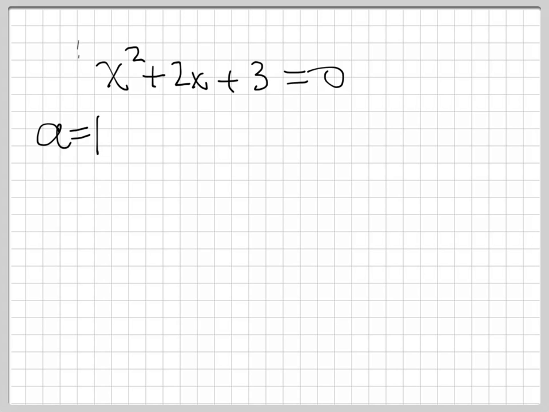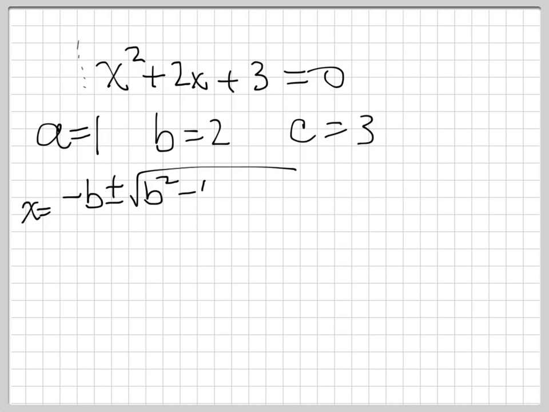So let's see what happens when there is no answer. Let's look at x squared plus 2x plus 3 equals 0. Here, a is 1, right? The number in front of x squared is 1. B is 2. C is 3. And so what we get is x equals -b plus or minus the square root of b squared minus 4ac all over 2a,